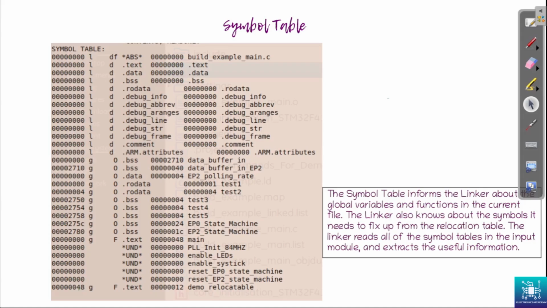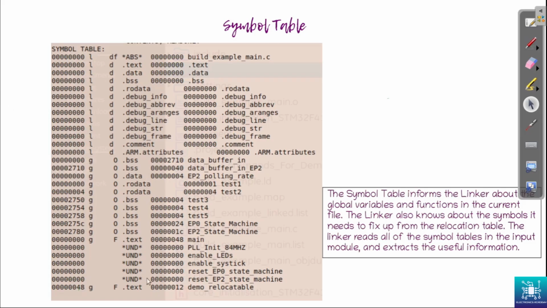Now let us look into the symbol tables that are created by the compiler for the respective input files. And this symbol table is a part of the object file, as we discussed, and we briefly had a glance at the symbol table. We didn't talk about it. So just like the relocation section is one area which the linker needs to know of for fixing the addresses and function call addresses and variable addresses and so on, symbol table is another